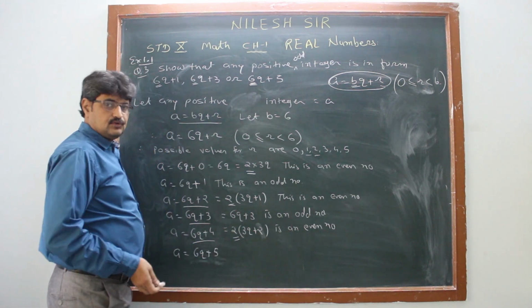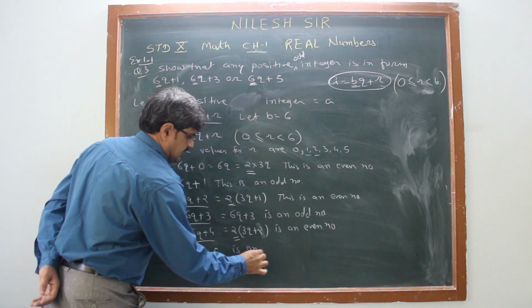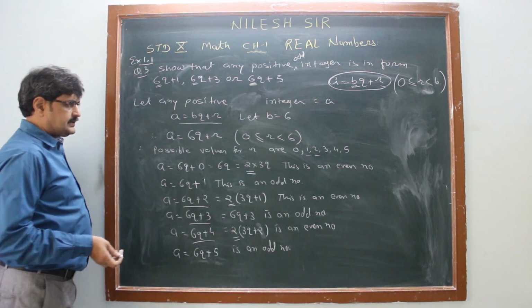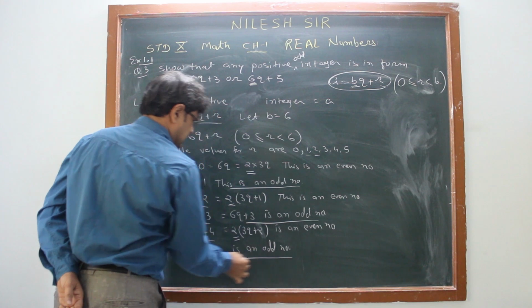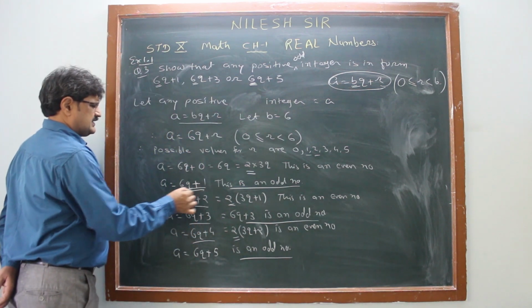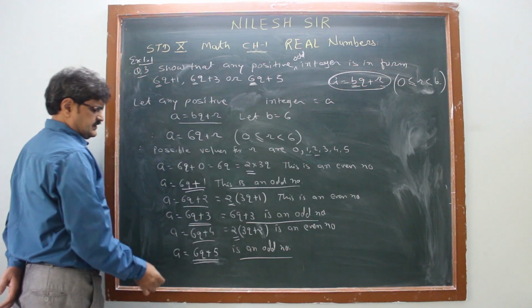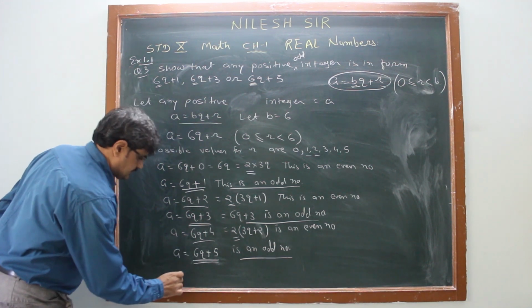I do not have 2 as a factor, so it is an odd number. So I get the answer that any odd number must be in the form 6q plus 1, 6q plus 3 or 6q plus 5. So I can write the answer as, therefore,